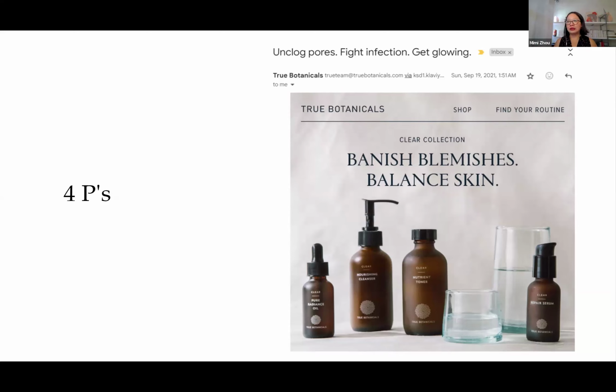But this gives you an idea of how I look at emails. When I look at emails, I'm always looking at how I can improve them. How would I rewrite this myself? So that I know how I would write my own emails to make them better than what I am seeing.